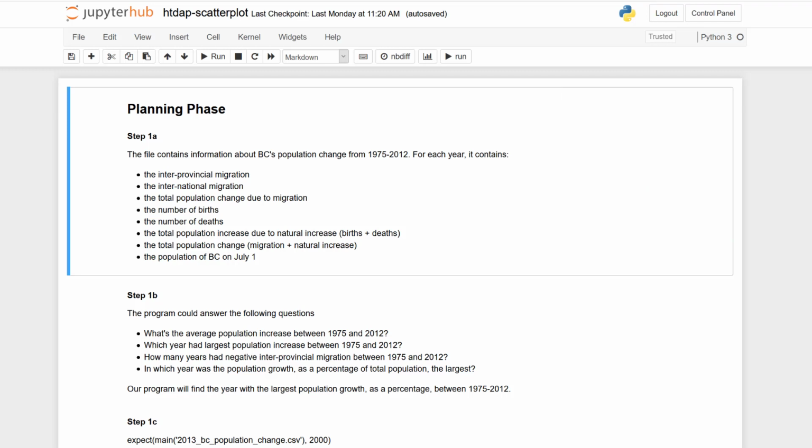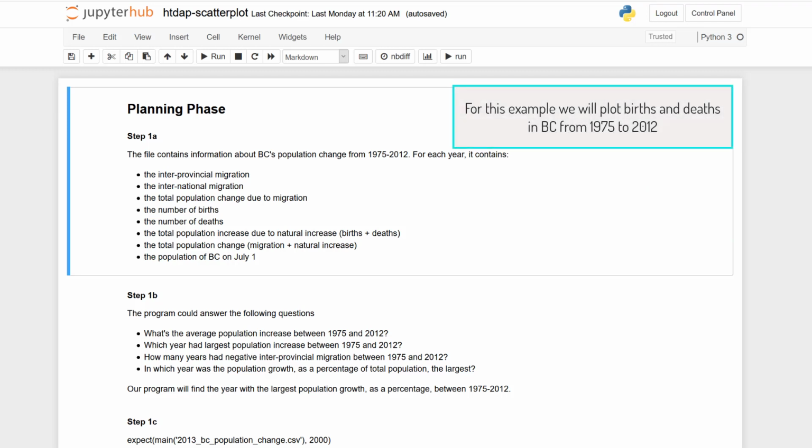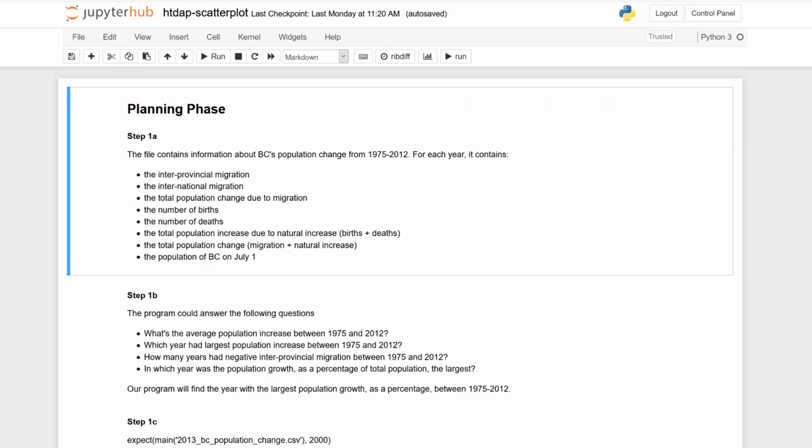This can help us see a relationship between the two variables. For this example, we'll plot births and deaths in BC from 1975 to 2012, and one dot will be plotted for each year. Step 1b needs to be updated as we need to add our scatter plot as a possible program output and choose it as our goal.